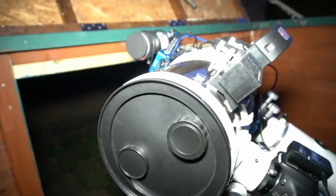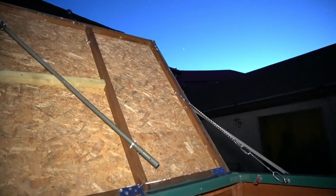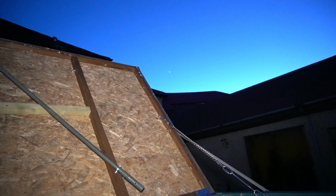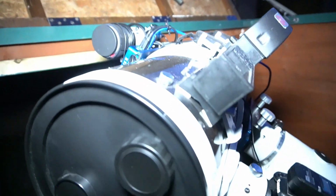Fingers crossed, see what happens, and we'll see what we get. I've noticed that Venus is up there. I think it's Venus, I'm not quite sure. It might be Jupiter, but it looks like Venus to me. So Venus is up. I'd love to get a nice shot through this Newtonian, but I'm going to focus on the